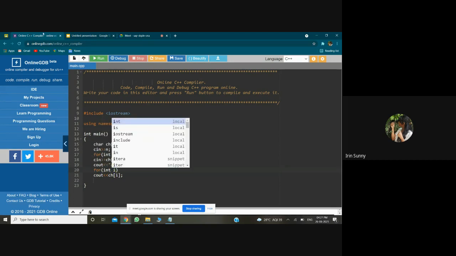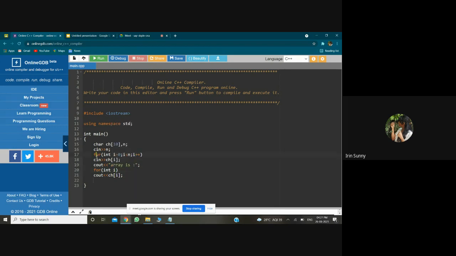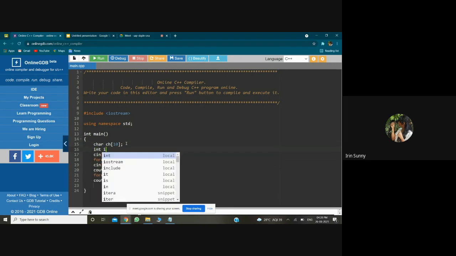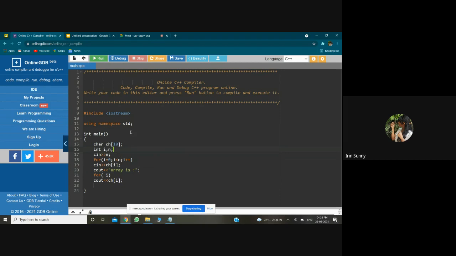Since I declared int i inside the first loop, this i is only available for that loop. If I write just i here, it would be an error. If I don't want to repeat writing int every single time, I can declare it in the beginning itself. It is a good and easy method to declare all the variables at the beginning of the program.